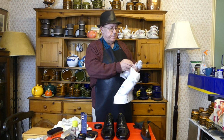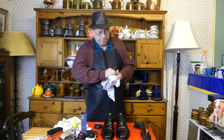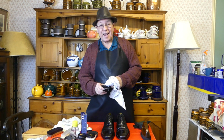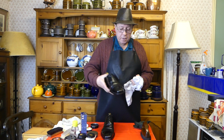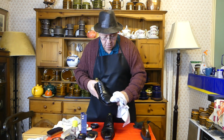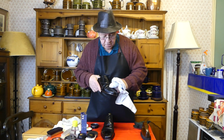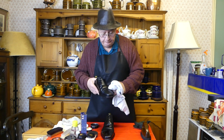So any old shirt cut up will do, and what you do, what I do anyway, is put quite a lot of this wax polish onto the upper of the shoe, and you can see it'll make it go very dull at first. Tiny little circles at first and then slightly bigger ones, and this can go on for a long time, because